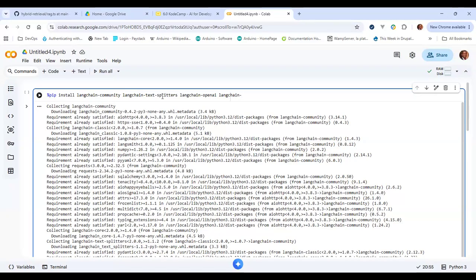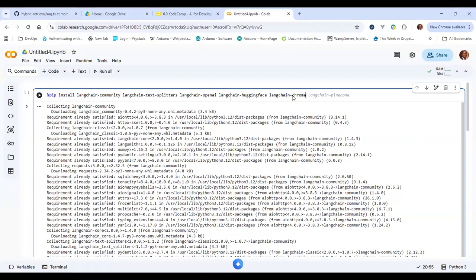So we'll also do that because we want to use the Hugging Face embedding. I think that should be all. Oh yeah, we will need Chroma for the Chroma database. So we'll also have LangChain